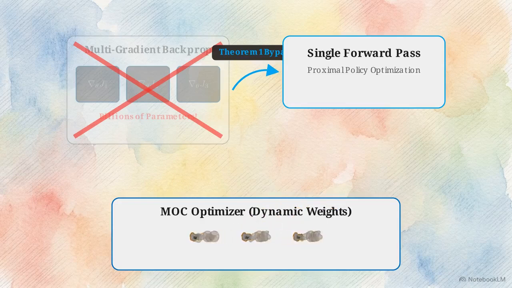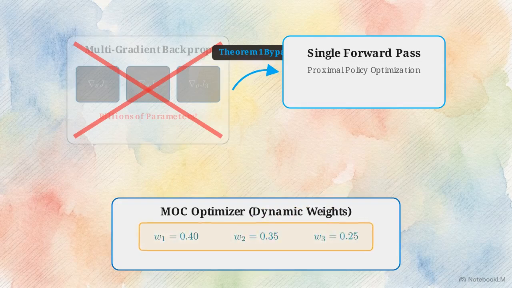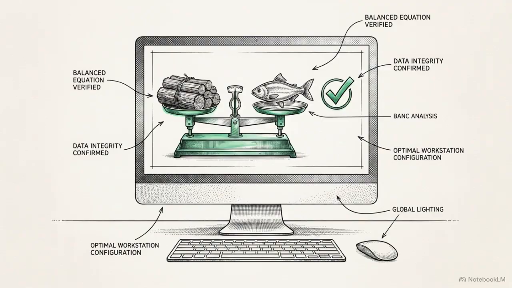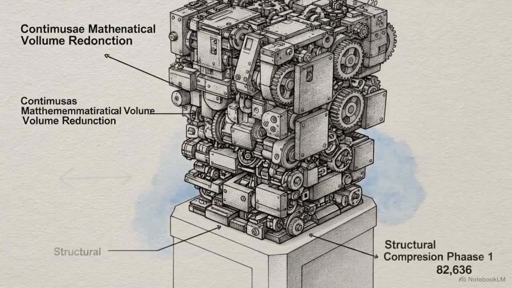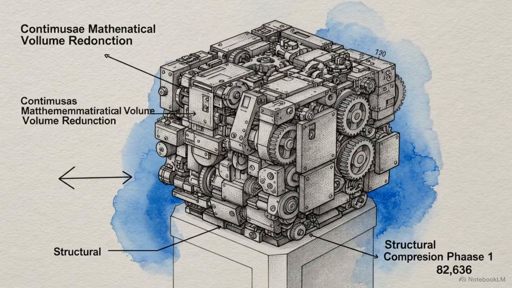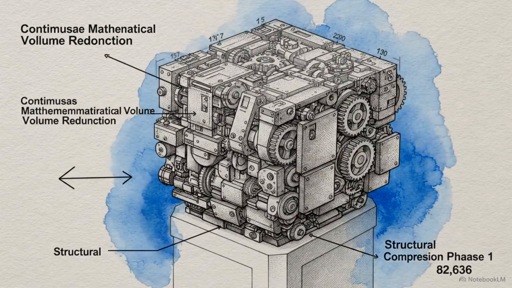It substitutes it with proximal policy optimization advantage estimates. This advantage metric can be computed through a cheap, single forward pass through the network during standard PPO training. Once the system has those advantage estimates, it can solve the dynamic weighting for the objectives offline using a highly efficient Frank-Wolfe convex optimization algorithm. Theorem 1 guarantees precise multi-objective alignment while dragging the massive compute cost directly back down to the baseline requirements of standard RLHF.